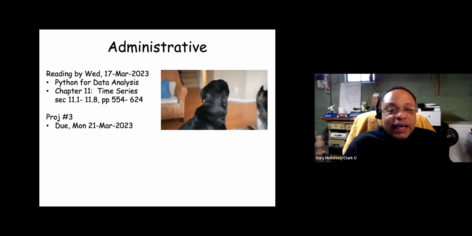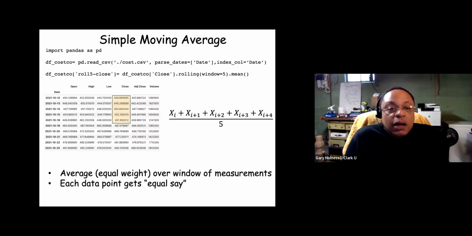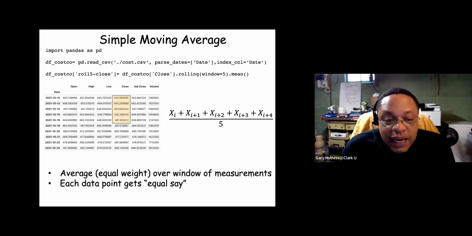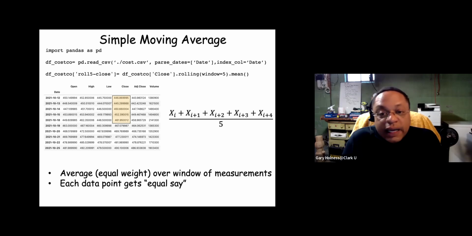All right. So where we last left off, some of the stuff we talked about, simple moving average. With that, you're taking k many measurements, depending on your window size, in order, from the oldest date to the most current date, and you're taking an average, right? That's your average, your sample mean. It's called the rolling average because that window shifts forward in time.